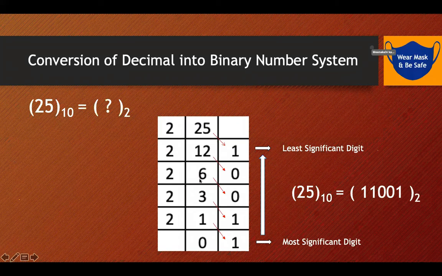So what have we written? We have written 6 here and 0, because 12 is there in the table of 2. So we have written 0 down. Then again what did we do? We divided 6. So what did we get? 3. Then again, because 6 is there, 2 3s are 6. That means 0. So we have written again 0 here.